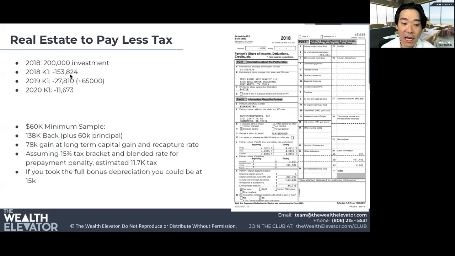Again, you're going to have to recapture this when the deal goes full cycle. But if you're able to take that 75 grand, put it into the next deal, then you get even more passive losses to offset that and replenish your passive loss reservoir. But you were able to have that money grow. And then when the deal finally exited, this one exited early, of course, right? A few years later, you have to recapture those losses.